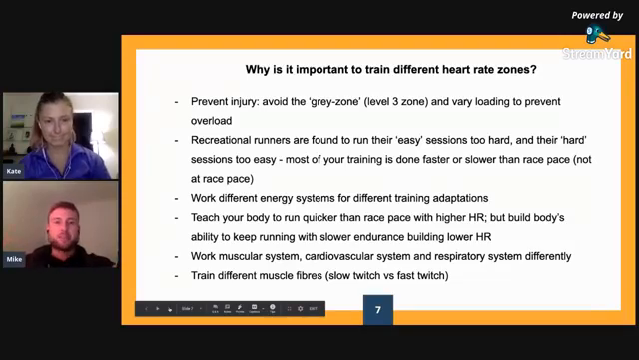We need to train both, and we particularly need to train fast twitch as we age. Yep. And I just think it's important to stress the point about really training the body to run quicker than